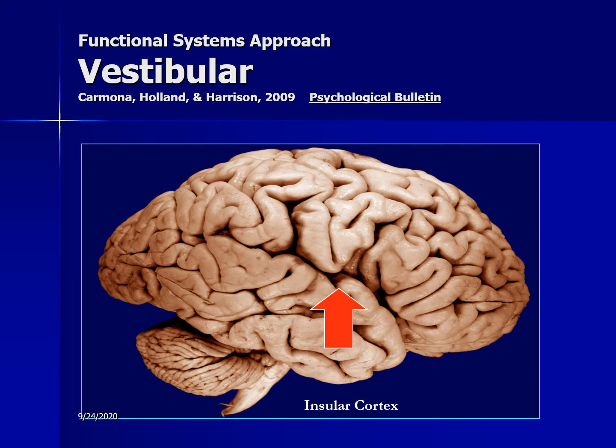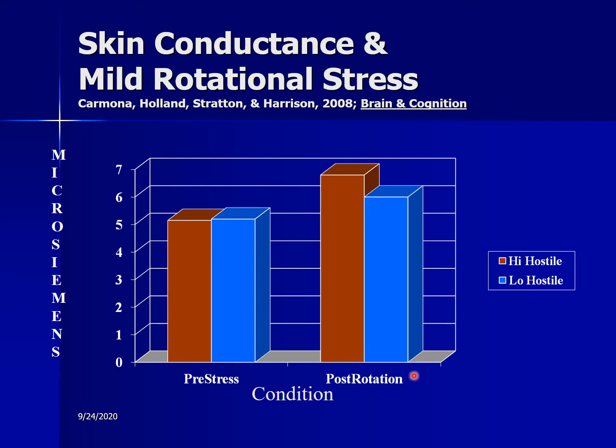But let's take a look now. So here we are with our hostile and non-hostile folks, hostiles in red again, and we're doing a very, very mild stress. The focus here was not producing vomiting in the laboratory, but we, just like NASA would do, put the subjects in a chair and they were spinning very slowly to the right, and when we stopped spinning them, okay, we're looking at galvanic skin response here, sweating, skin conductance, our primary measure of sympathetic drive.